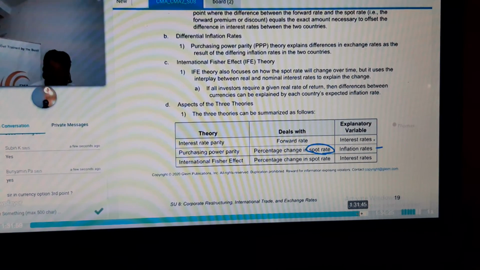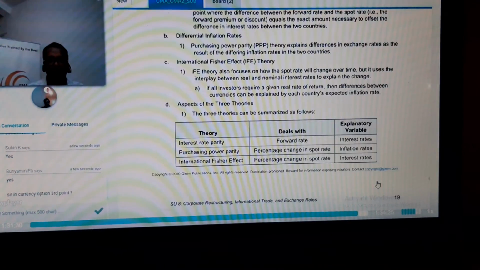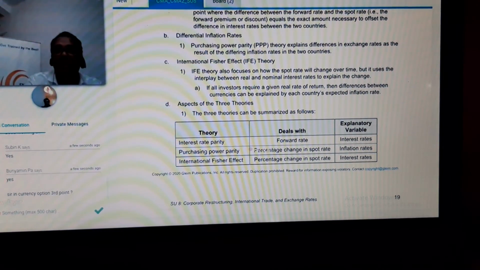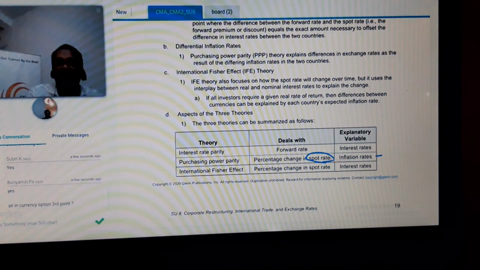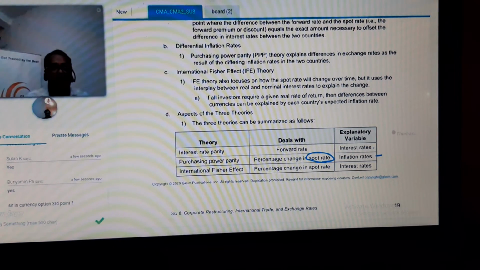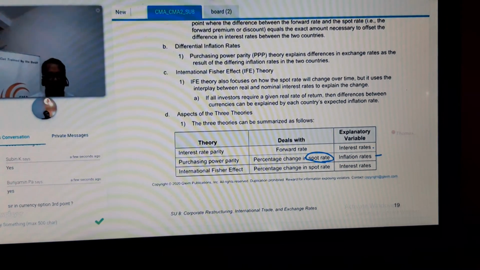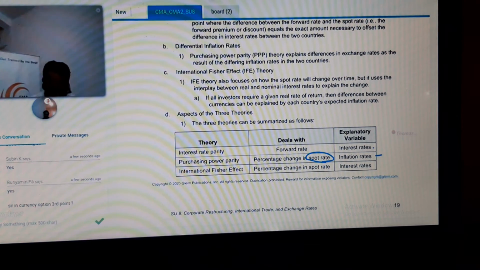Spot rate. As per purchasing power parity, inflation is a parameter for spot rate. Forward rate is connected with the interest rate. Technically, even forward also can be at a premium, but as per whatever we studied, inflation drives the expected spot rate. So now spot rate of yen with respect to dollar has just fallen.